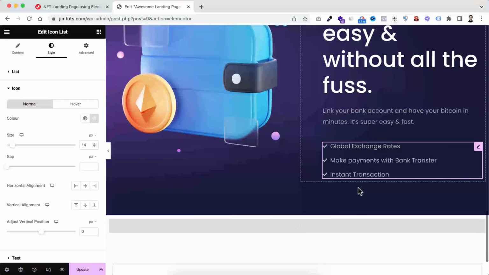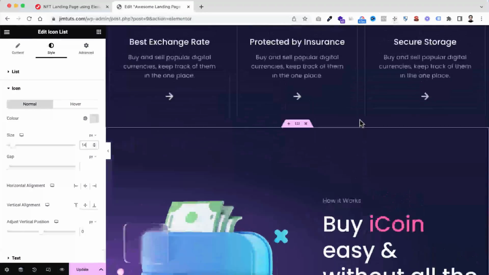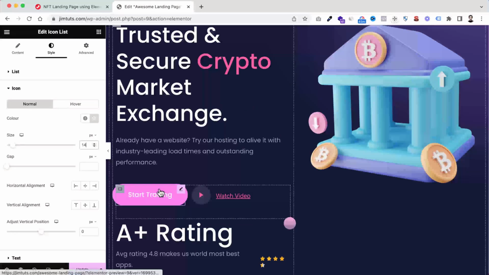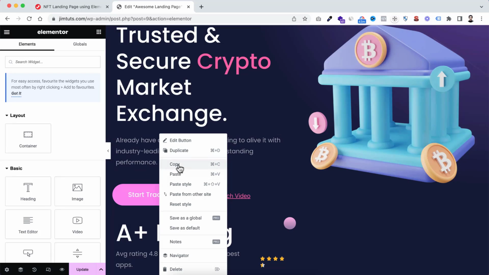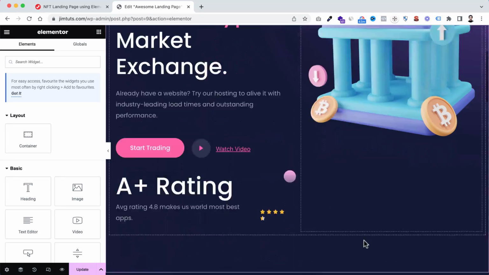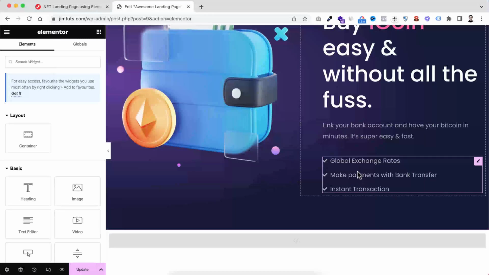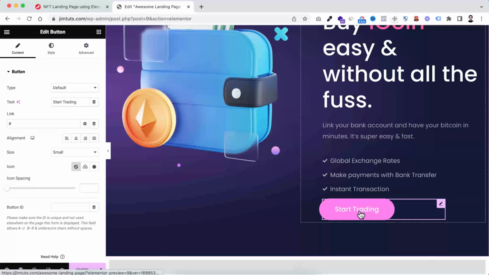Alright, now underneath this icon list I wanna add a button, and we already have created a button here at the top, within this banner. So just right click over this button and we can just copy it from here. Let's now scroll down, and right underneath this icon list just put your cursor here, right click and click on paste. So the button has been pasted here instantly, but here I don't want this much border radius,